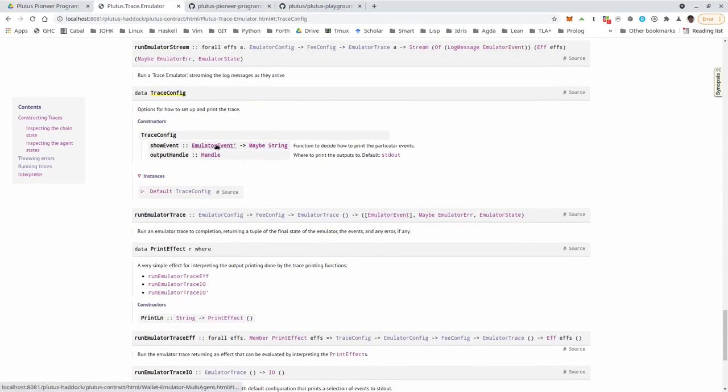And then for each such event, we can specify either nothing, which means that event will be suppressed, or just the string that should be displayed for that event. And this trace config is also an instance of default, so we can use def for the default trace config, which will be the one that's used by run emulator trace IO, which shows very few events as we saw.